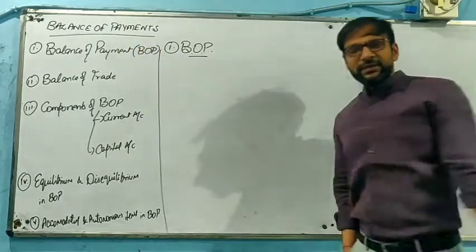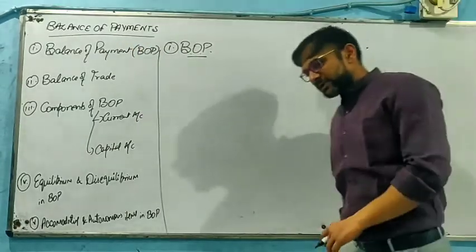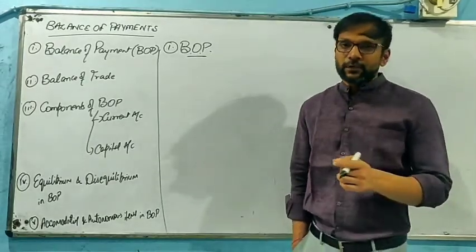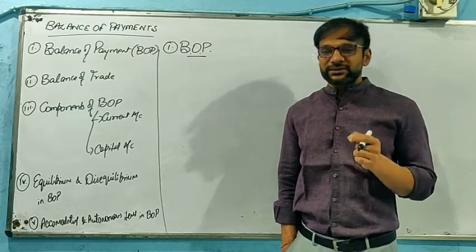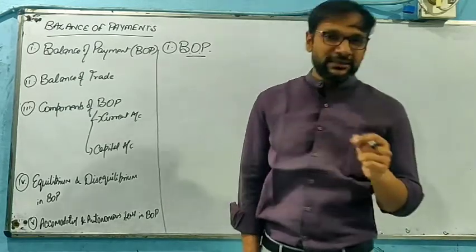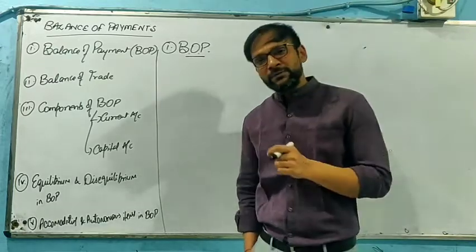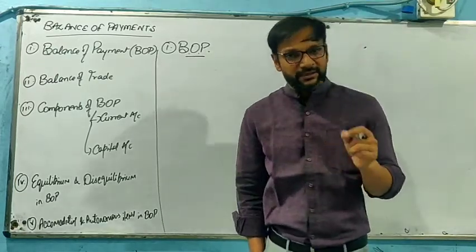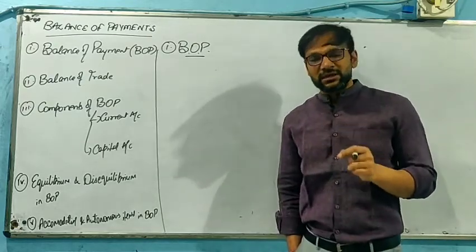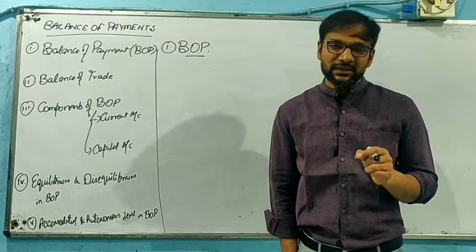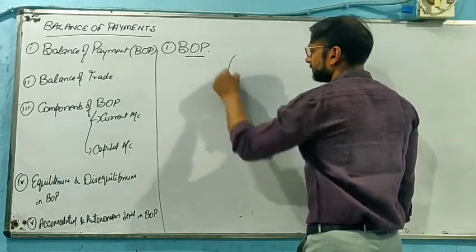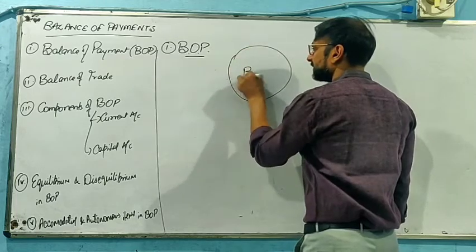Now, in respect to balance of payment, we would like to say it is basically a statement of all the economic transactions that are concerned with the receipts and payments of visible items, invisible items, and unilateral transfers with capital transfers. So, if we highlight this point, we can say